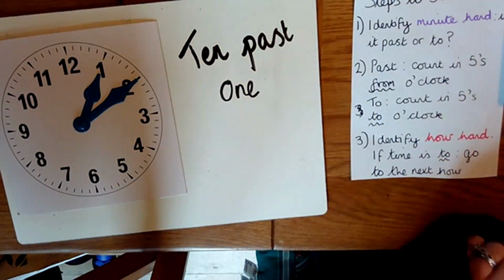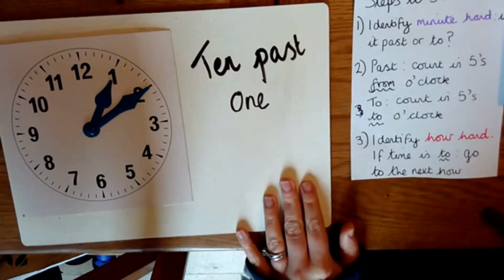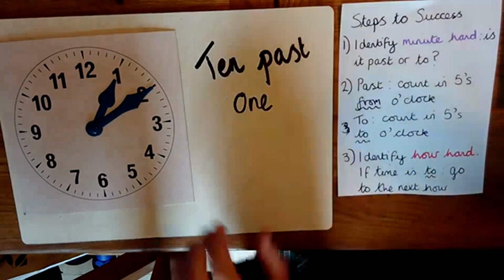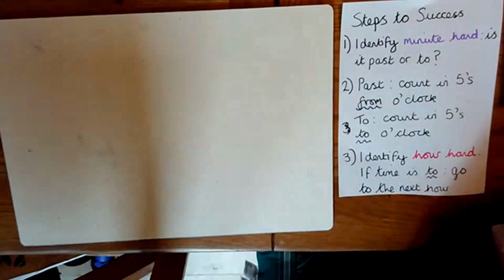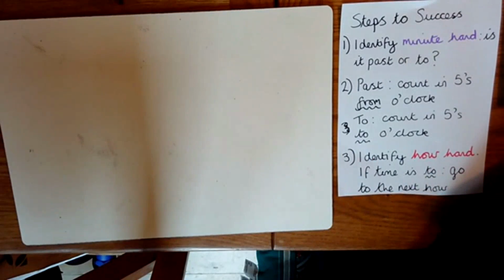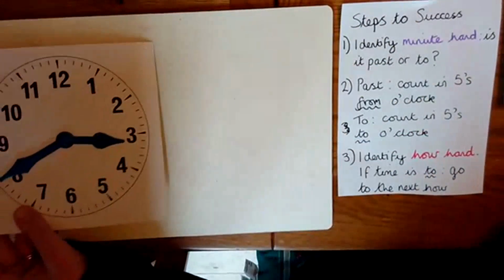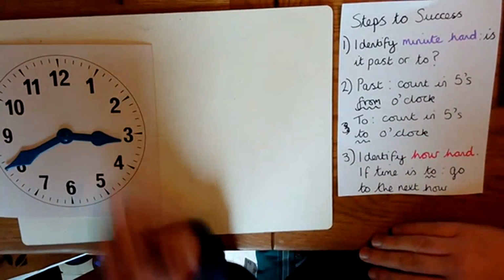So done 2 examples with to the hour there. So we're now going to do 2 examples with past the hour. We're now going to look at an example of to the next hour. Getting all my words mixed up today. So let's see what the time on the clock is. So the time on the clock is,